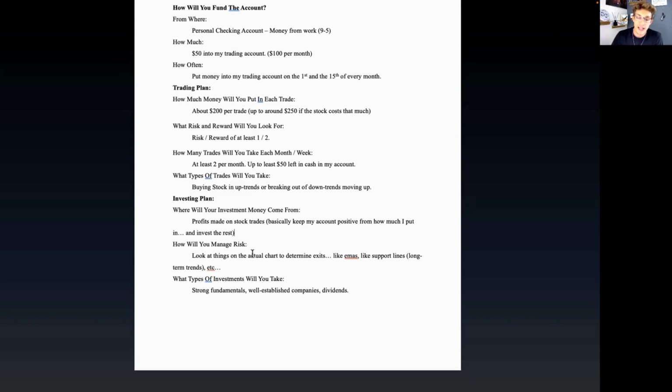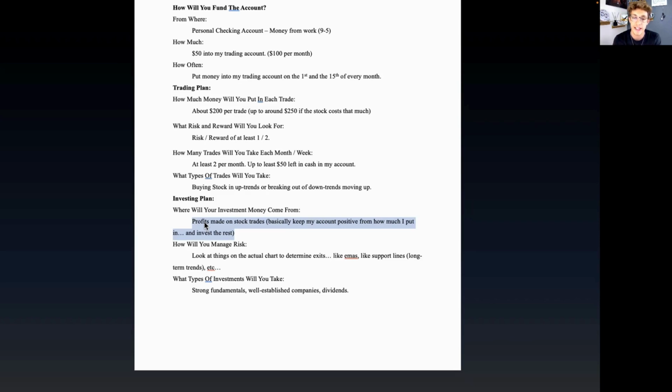I was saying I want to invest only with profits that I've made on stock trades, so I keep my account in terms of trading positive. So whatever I put in, I've got that to trade with, and I want to invest whatever profits I make. It's not a bad trading plan, or a bad investment plan. However, I want to separate it so that I can see my stock trades and my investments more separately. And I want to be more particular about putting in investments even when the market moves down.